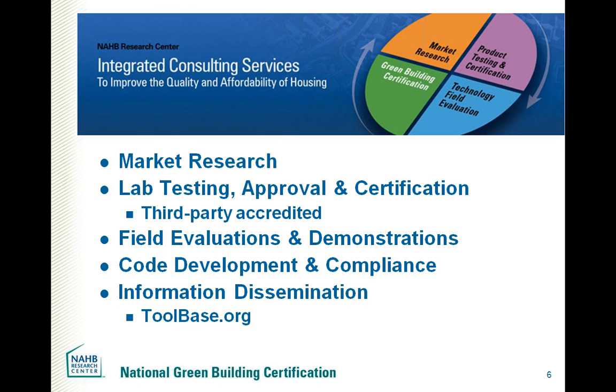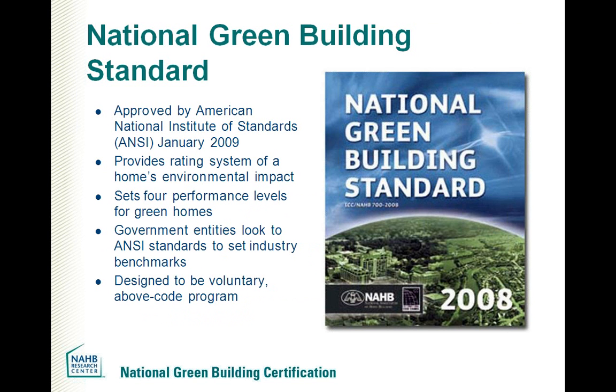So right now we're actually up in Columbia, Maryland, working on a WPA project with very small units, 900 square feet, pretty much cinder block construction, getting $600–700 a month utility bills, which you can imagine is just horrific for these poor people who live there, trying to figure out how to come up with a retrofit program for those houses. So in the field, looking at products, looking at housing situations, and again, trying to sort of advance the housing industry forward. So with that in mind, we were really very well placed to work on the National Green Building